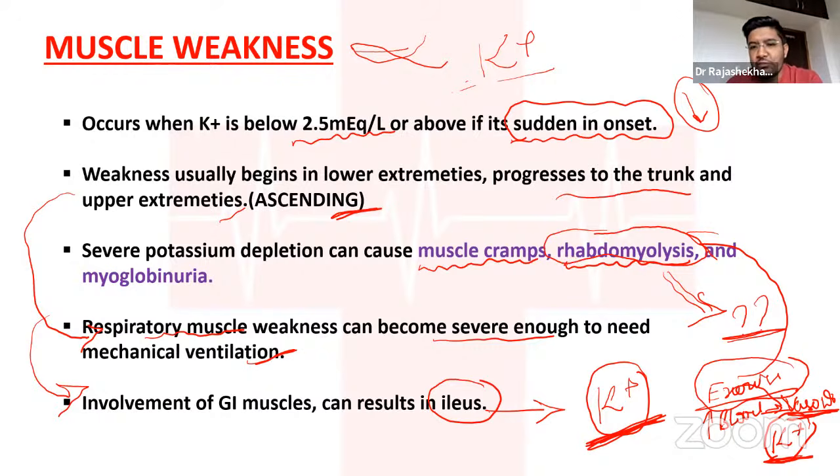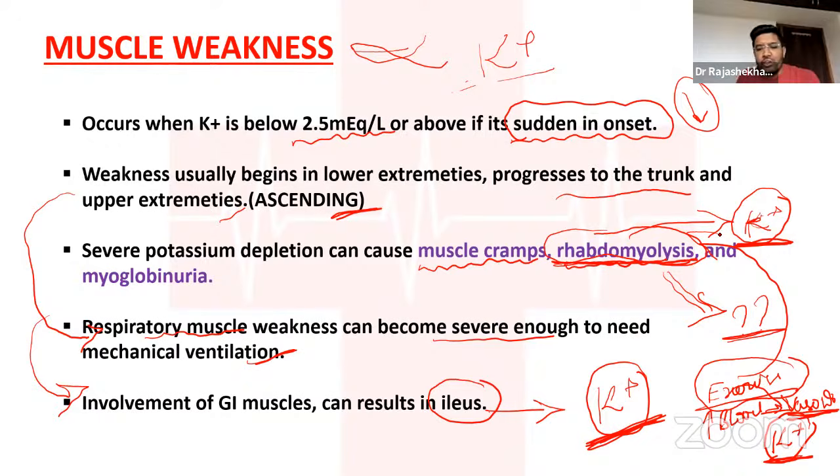Rhabdomyolysis, we know, is the breaking of the muscle protein, and there is a breaking of the cell. The potassium is directly getting secreted into the blood from the muscle cell or the myocyte. So once the rhabdomyolysis sets in, if you check the serum potassium in your patients, it is usually showing hyperkalemia. So it is very difficult to identify the hypokalemia-induced rhabdomyolysis once the rhabdomyolysis sets in. If you check the potassium, it may actually come at a higher level.